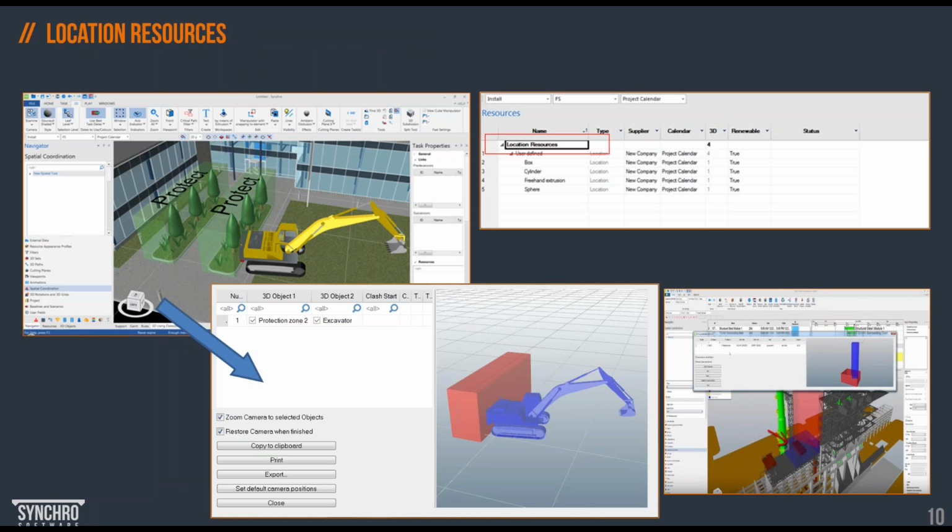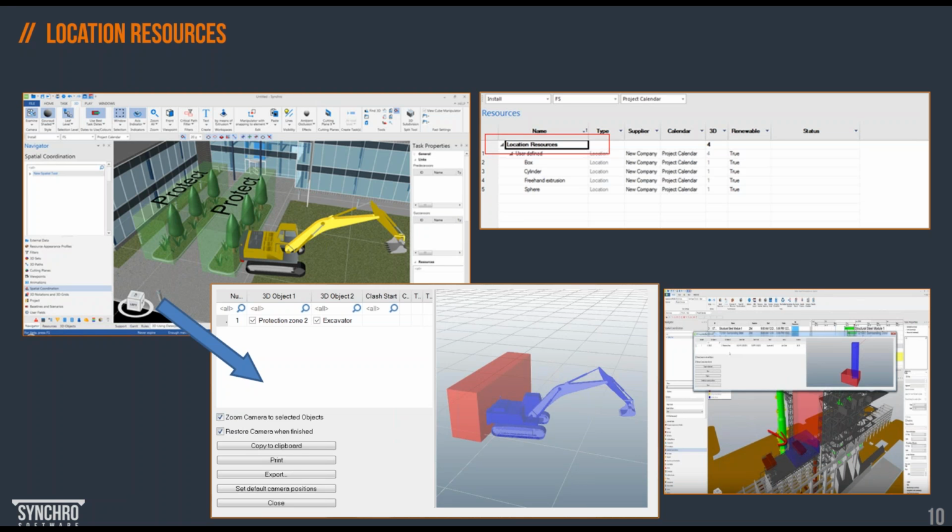SYNCHRO introduces four types of resource. We call it location resource. So on top of the material, labor, plant, and equipment, we also have the location resource. This is very important from the workspace management point of view. Location is a limited resource that very often costs us money and should never be ignored in our project. So location resource can be managed the same way as other types of resource, and can be measured, quantified, cost loaded, and obviously monitored over time, simulated as well.